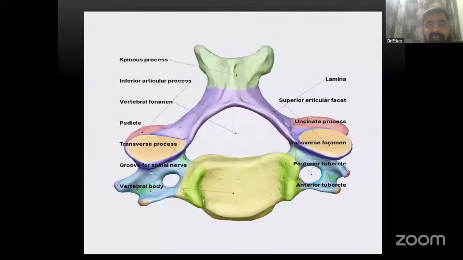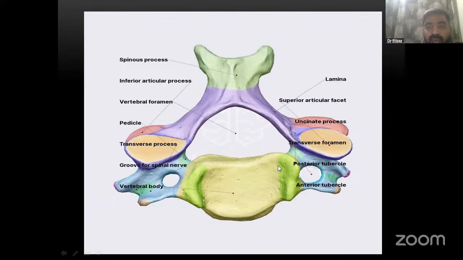Let's see. The typical vertebral bodies are from C3 to C6. So this is one of the typical vertebral bodies. You can see all the typical characteristics, the six characteristics are there. One by one we'll see. So look here, this is the vertebral body. It is well developed. When we see this vertebral body, these two, look here. This is called